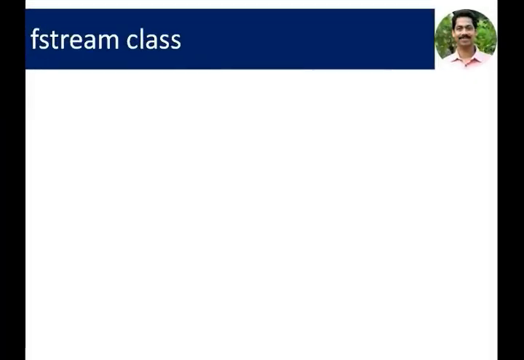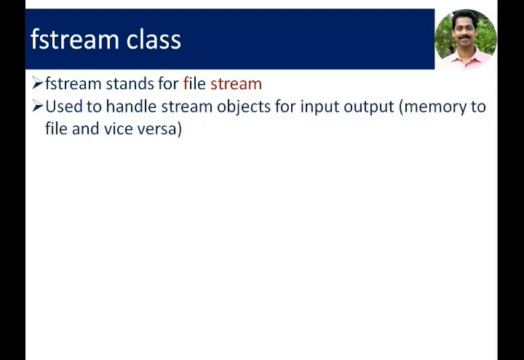Then next is the FStream class, which is used for input and output operations. That is, if we are creating an object with this class, that file object can be used to read and write disk files. Input and output can be done using the same file object. That is the advantage of the FStream class. We can read from that file, we can write to that file. Both operations can be used with this object.